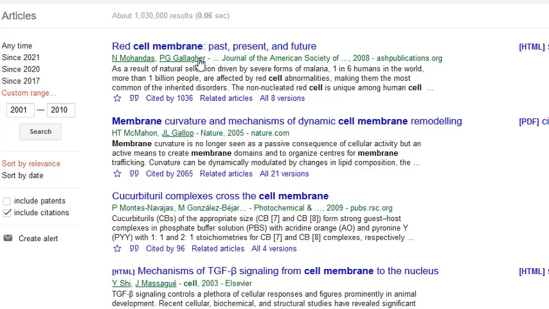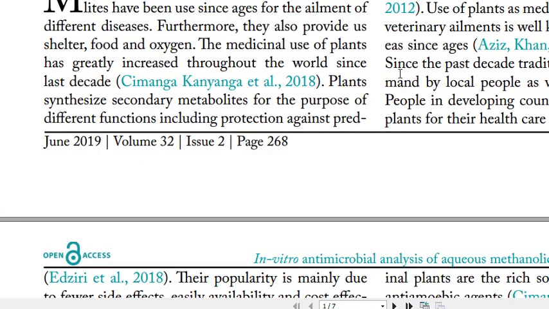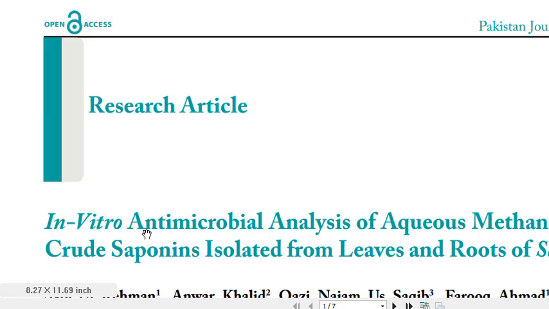If it is a paid article, we can use the website named Sci-Hub, from where we can download it. After downloading the articles, we will open it in a PDF reader. Here is one of the articles. This is the article: in vitro antimicrobial analysis of aqueous methanolic extract of crude saponins isolated from the leaves and roots of XYZ plant.